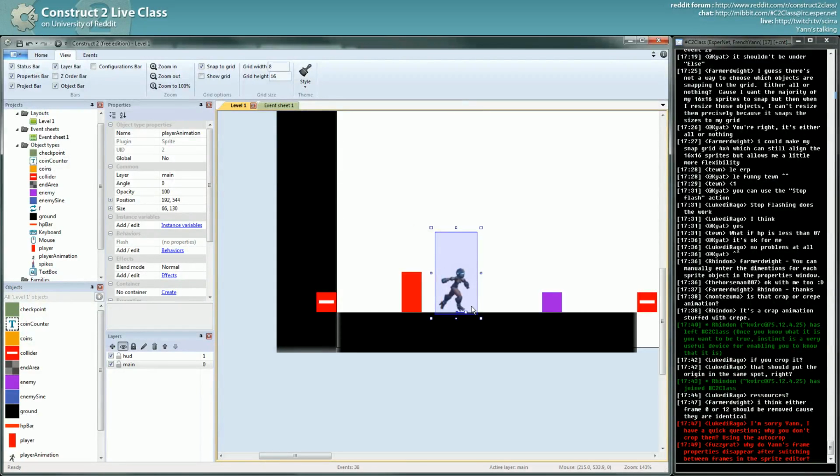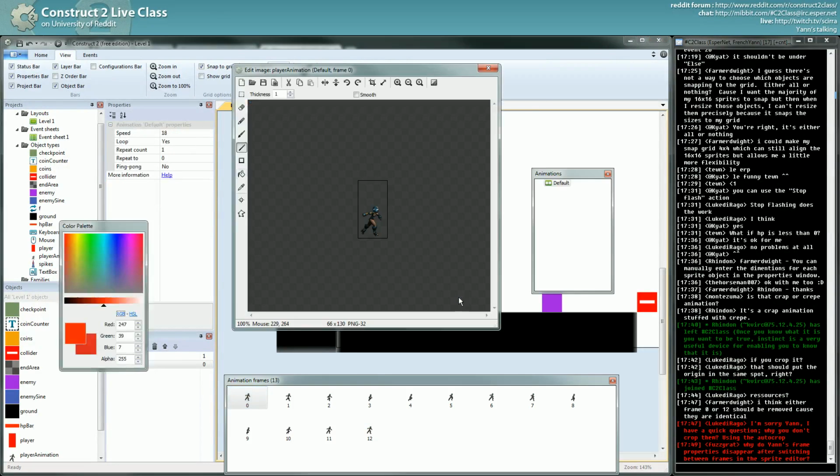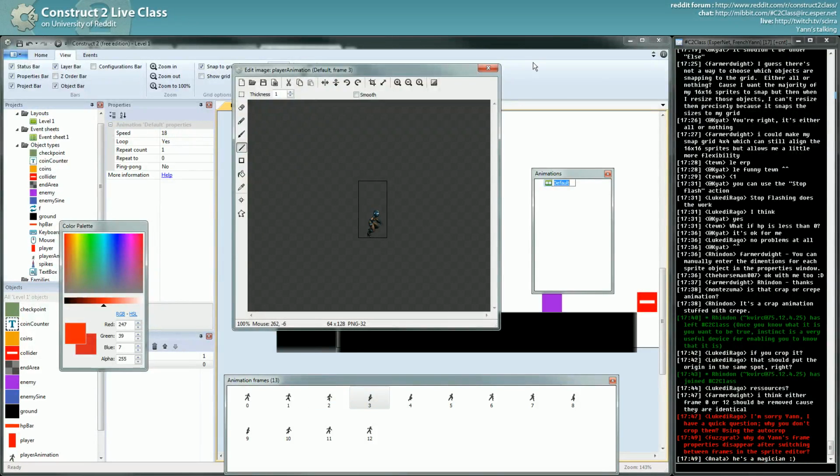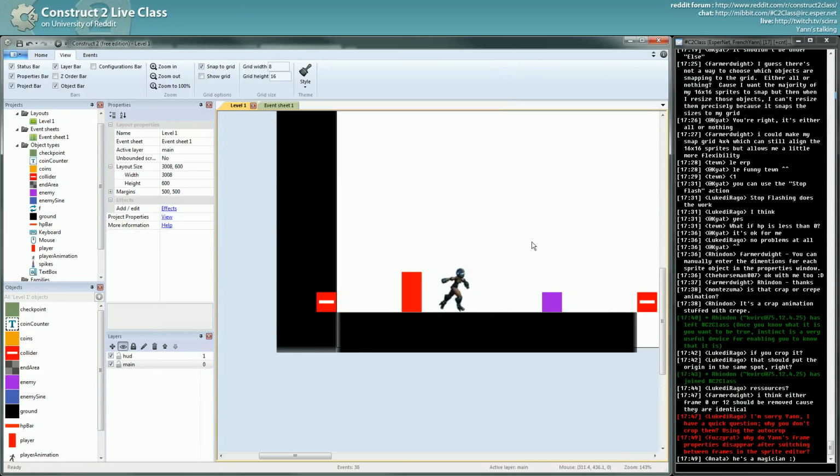Why does the frame property disappear after switching between frames in the sprite editor? Why does it change the frame property here? You would need to be more specific. Anyway,